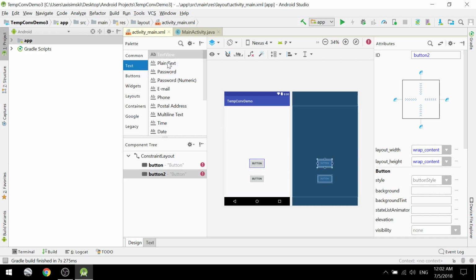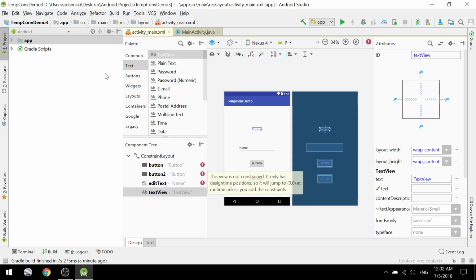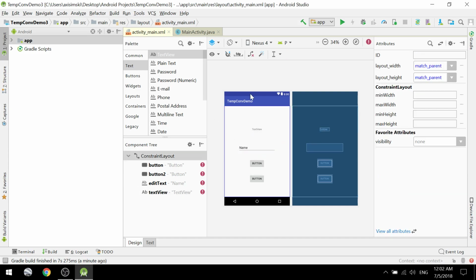Next, we want a plain text where the user will input a temperature which our app will convert, and a text view where our app will output the converted temperature. Once you have all of those elements on the screen,